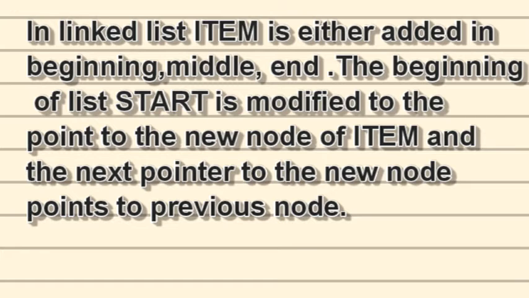We can only insert something if we have space for it. If we do not have space, we cannot enter anything into it. If sufficient memory has been allocated, copy the item to the info part of the new PTR as shown below: new PTR, then referencing its info equals to item. Now this is the way in which we will add or insert any item into a linked list.